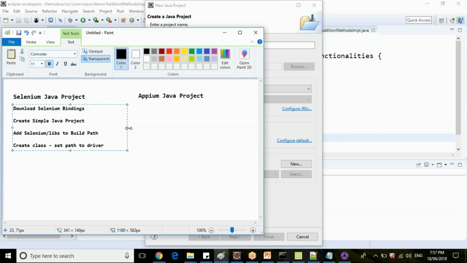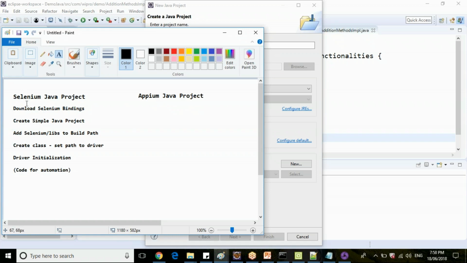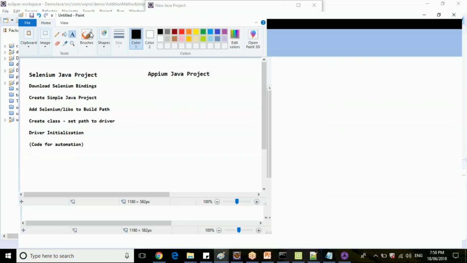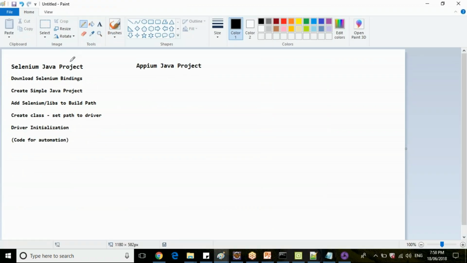Suppose you're using Chrome driver, you need to set the path for Chrome driver. Then driver initialization, and code for automation. Correct? So these are the steps we were following for your Selenium Java setup.